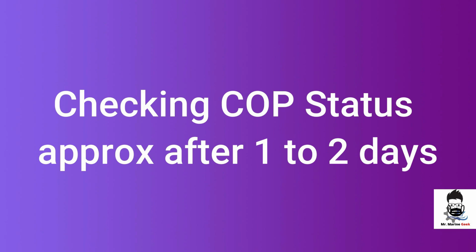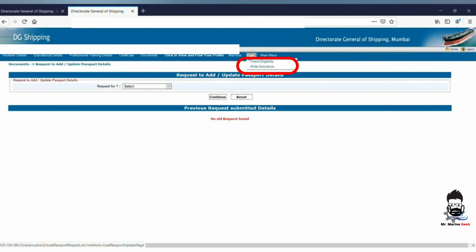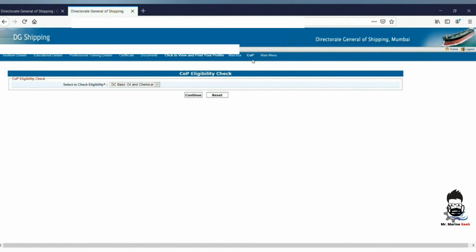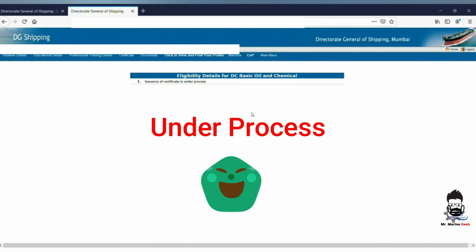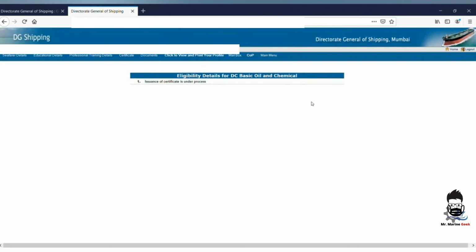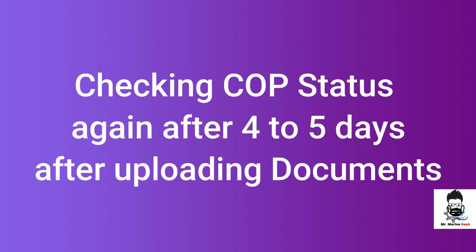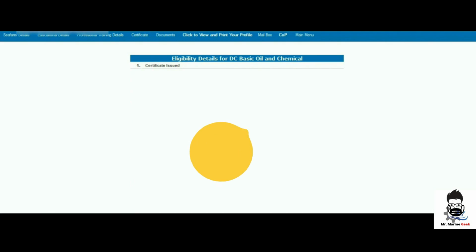You can check the COP eligibility again after 1 to 2 days, and you can see the status shows that it is under process, which is a good sign. Then you can check the COP eligibility again after 2 or 3 more days, that is 4 to 5 days since you uploaded the document, and it says the certificate has been issued.